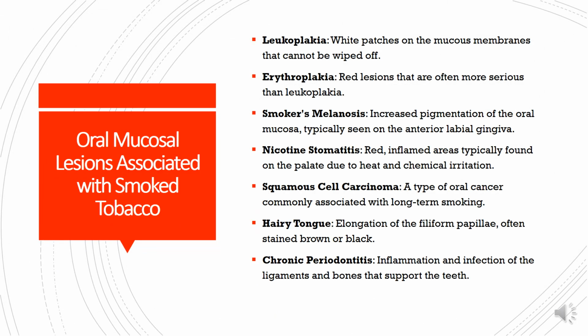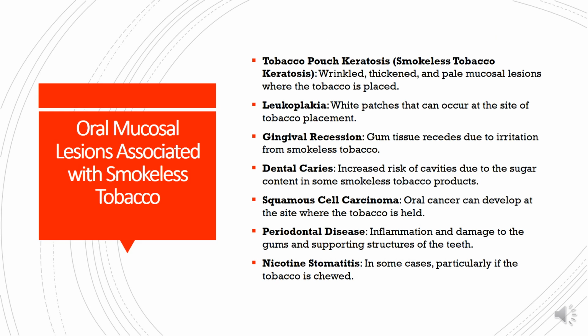The lesions which are associated with smoked tobacco are leukoplakia, erythroplakia, smoker's melanosis, nicotinous stomatitis, squamous cell carcinoma, hairy tongue, and chronic periodontitis. Lesions associated with smokeless tobacco are tobacco pouch keratosis, leukoplakia, gingival recession, dental caries, squamous cell carcinoma, periodontal disease, and